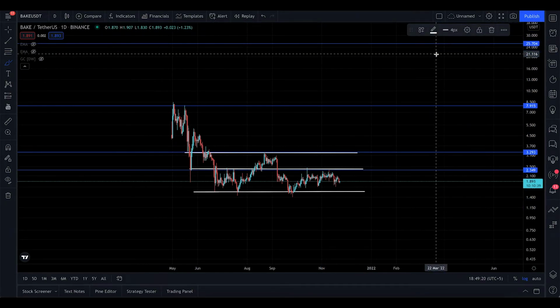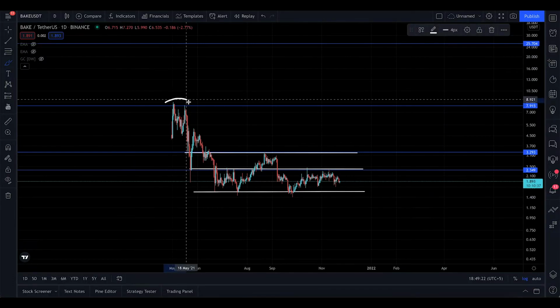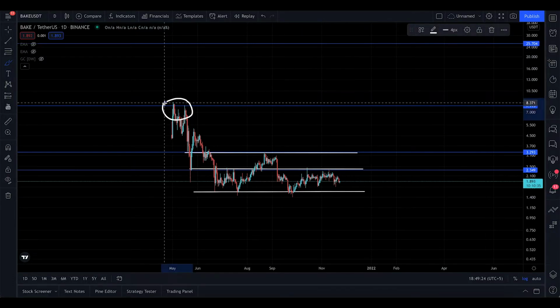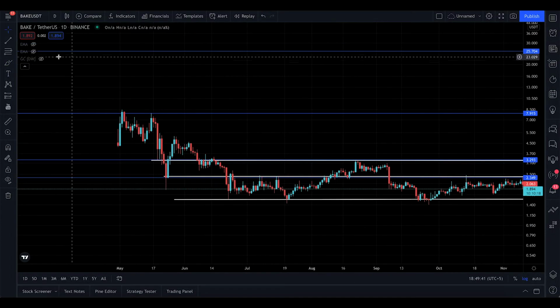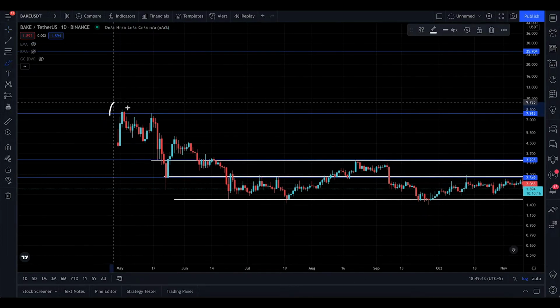But the reason why this is believable is because some people bought here. They bought here back in. I do remember this very well. I even remember when it launched on Binance, and I remember a lot of people getting the hype. And I knew this was not a good idea, because if we speak about the technical analysis part, this